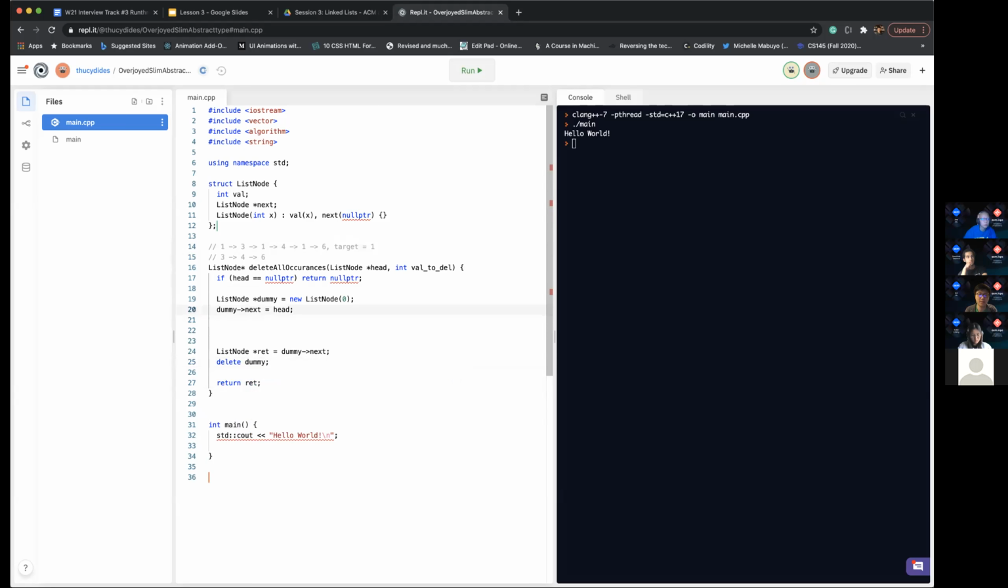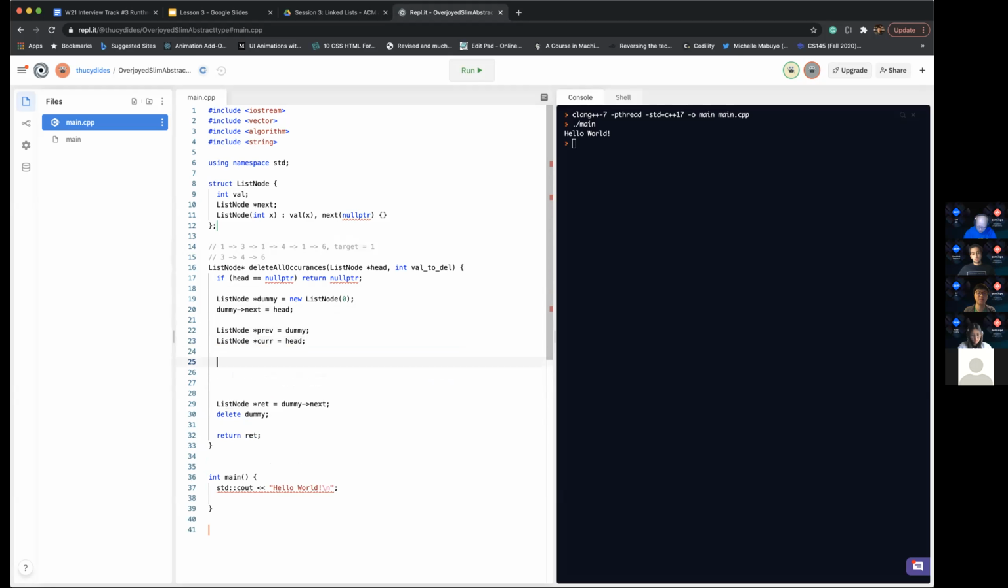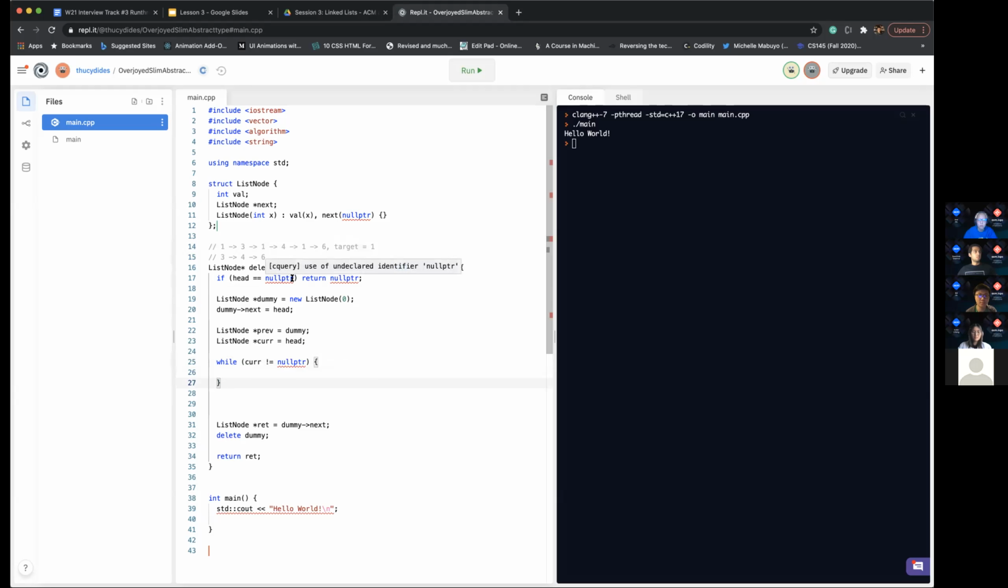Okay, great. And so now we want to keep track of the 2 pointers I mentioned before. So we have previous, which is going to point to dummy for now, and current pointer, which is going to point to head. And we can make a loop. So while the current pointer is not null pointer, so while we haven't reached the end of the linked list,